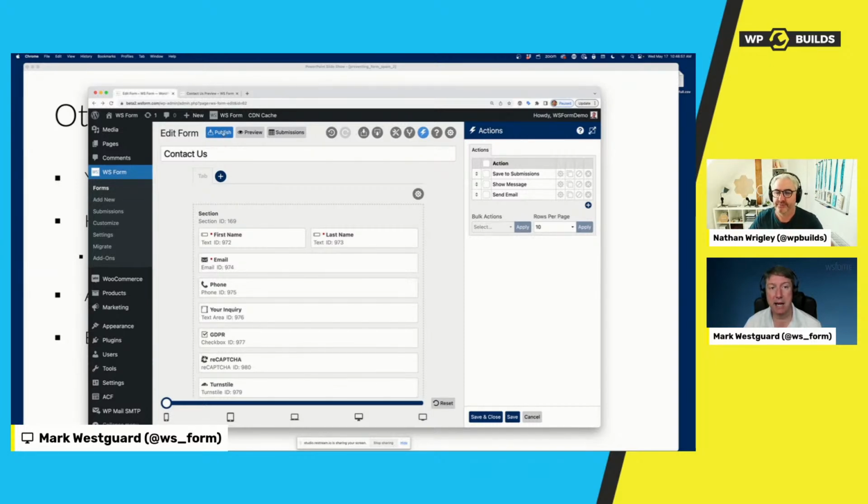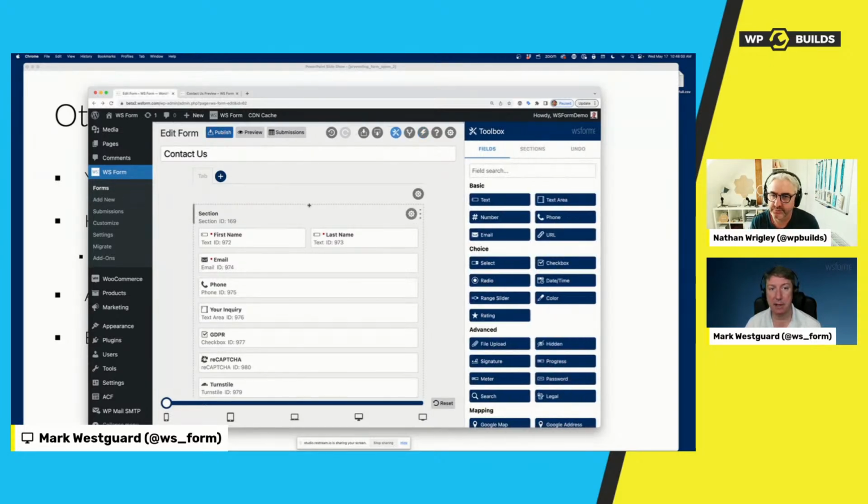So what actually happens when you click the publish button in WS Form is it compiles the form into a single JSON packet, which makes rendering of the form on the front end very quick. So when you render a form on your website, it's one database query to get the whole form. When I make changes, so if I drag another field onto this, you'll notice that the publish button